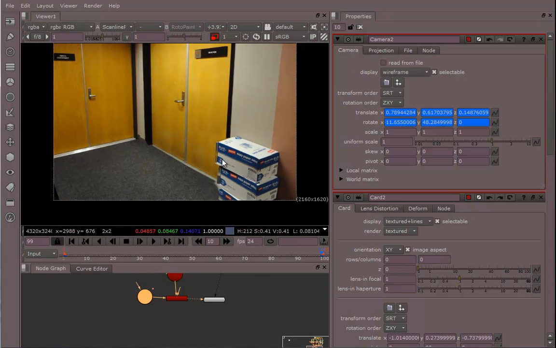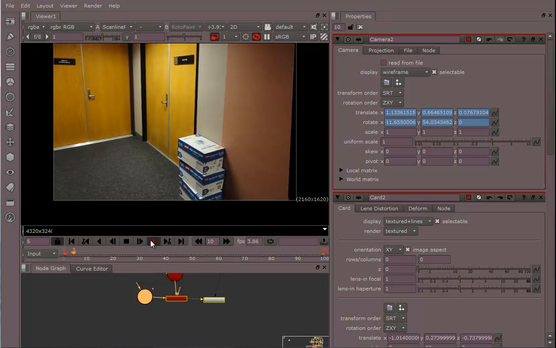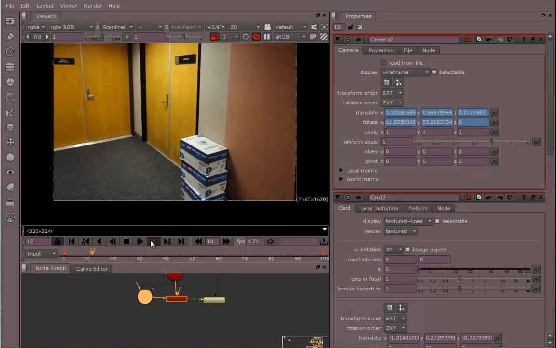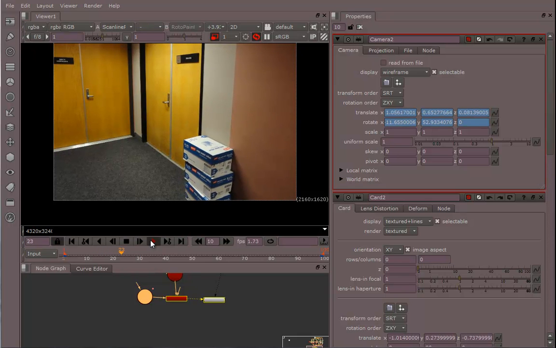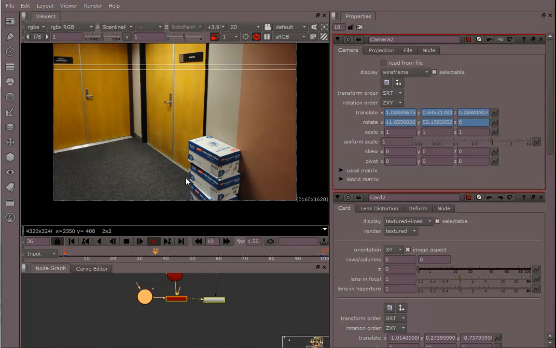I gotta fix that little roto right there. But now as it's going, see, I got a little bit more. If you watch this right here, it looks like it's 3D